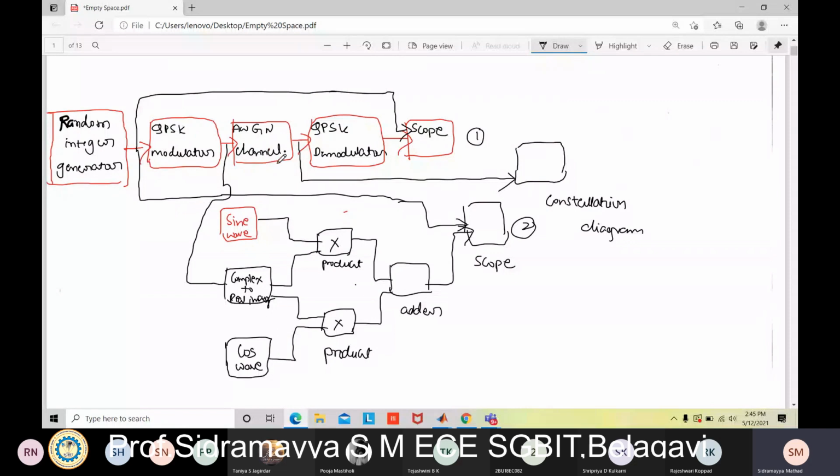So I think we are doing both, no? We are doing modulation and demodulation. So here, the QPSK demodulator component is already available in Simulink. I'm just copying that. And what is the next step? The next step is the scope. What is the scope? Scope is nothing but an oscilloscope, where you want to check the output.